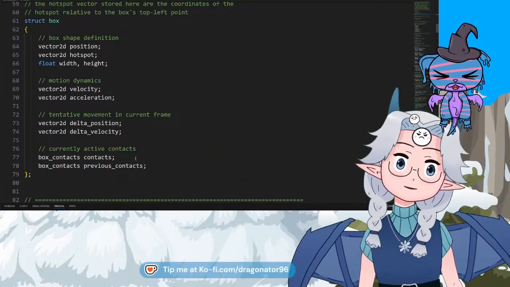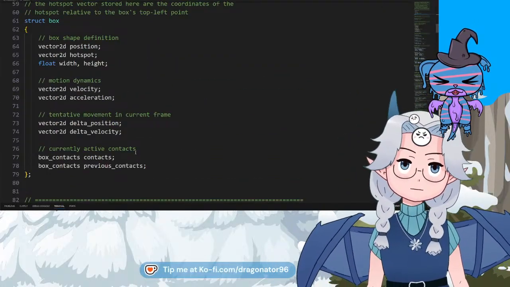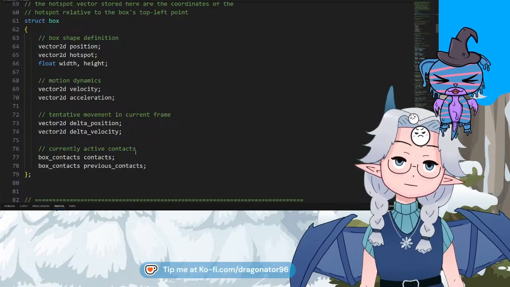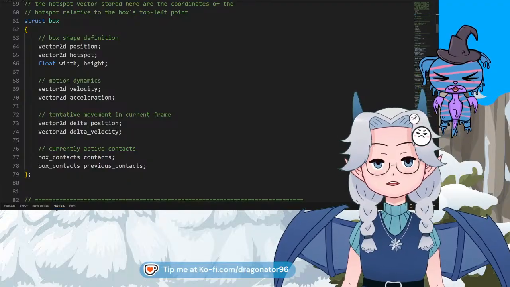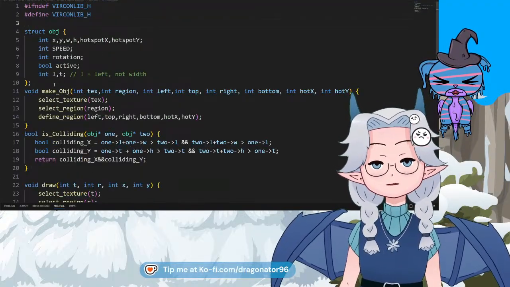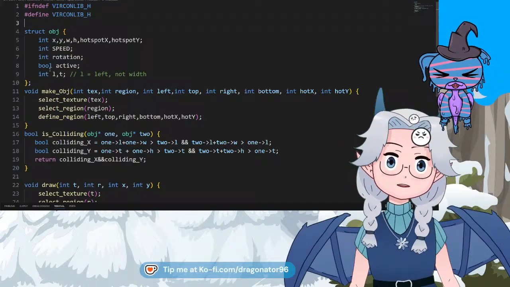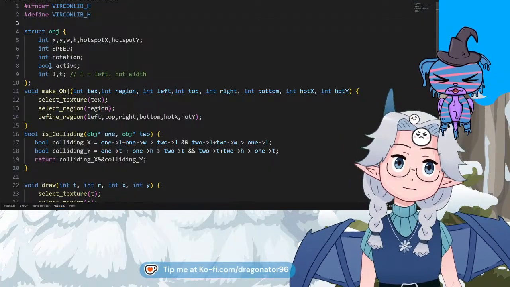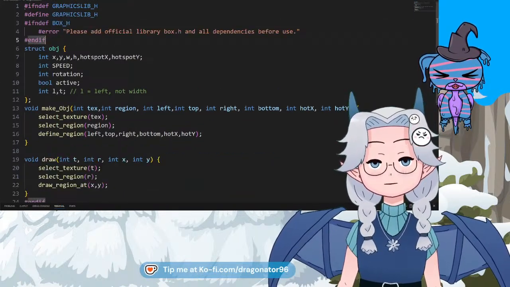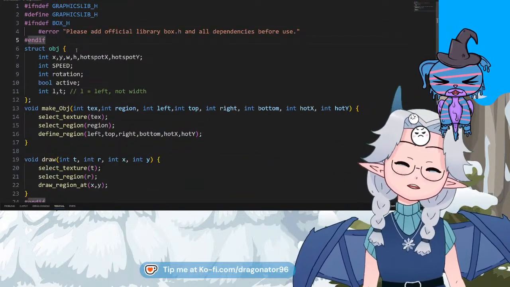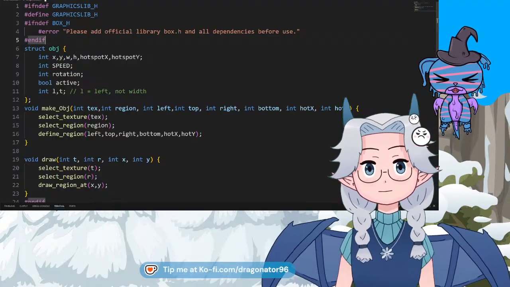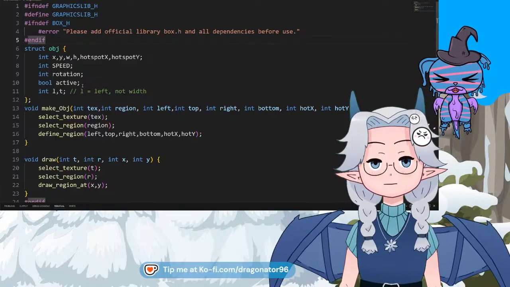I'm thinking maybe include a box because there's position and hotspots in the box, so I think that will work. I think I just need to close that. There we go. That way I won't confuse myself. So in here, let us add,